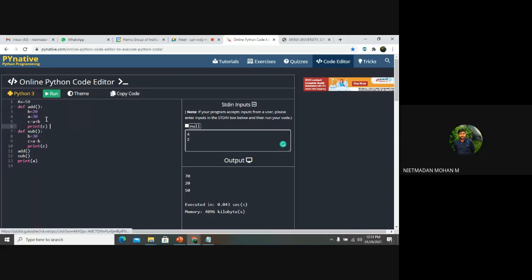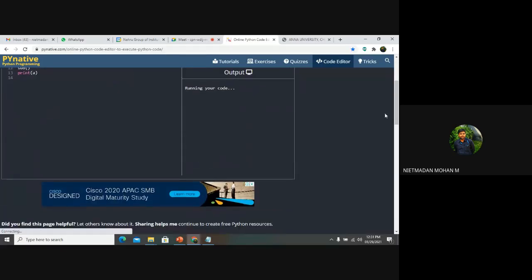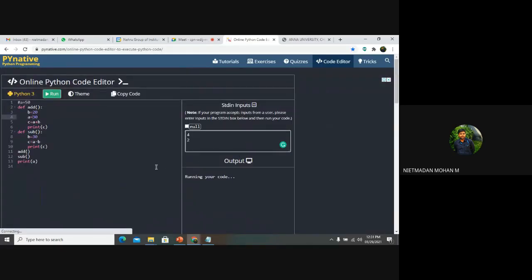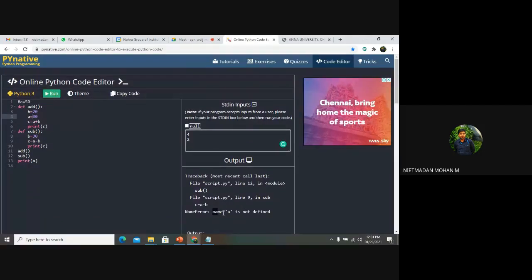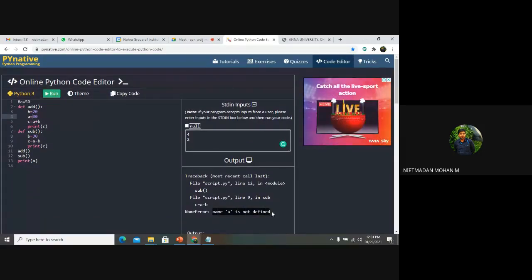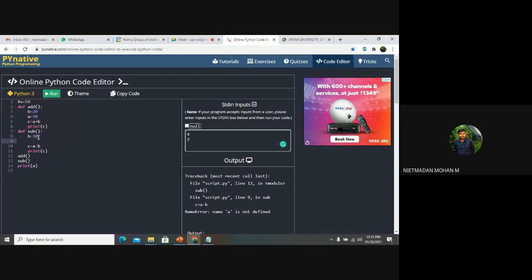Yes, it means that if suppose I am assigning A is equal to 30 here, A is represented as a local variable of the particular function add. Only inside this function can this A value be used. So if suppose I am running here, the first add function will be executed. So you can see here, name A is not defined. Clear? Yes, sir. So if I want to represent the same A here, that A is equal to 30. Okay. So if suppose I am giving this, will the output come or not?